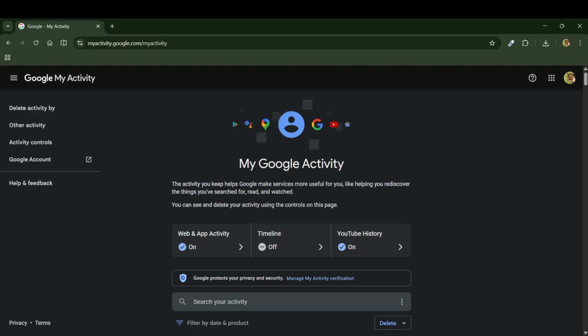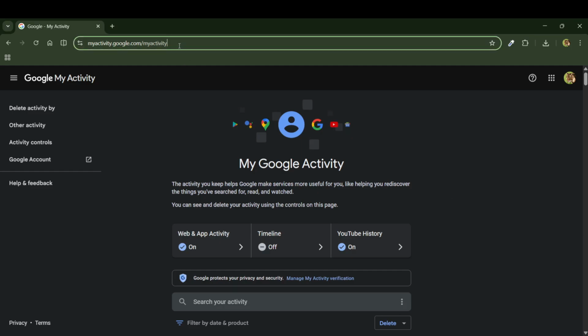Start by opening any web browser and heading to myactivity.google.com. This is Google's central dashboard for the activity linked to your account. You may be asked to sign in. Make sure you're using the same account you use with Chrome, especially if you browse across multiple devices. Once you're in, you're looking at your cloud-synced activity, which can include searches, apps, YouTube, and most importantly for us,